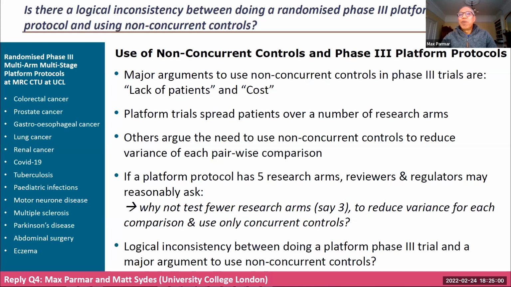And that's a hard one to answer when you look hard at what are, on the left-hand side, both common and uncommon disease. Motor neuron disease, for example, lower down the list, isn't a very common disease. And consistently, we answer that it's better to test fewer research arms, get the unbiased result, if we want that result to be accepted by the community at large, rather than just ourselves, which includes not only reviewers and regulators, but of course, practitioners, patients, and the like further on.